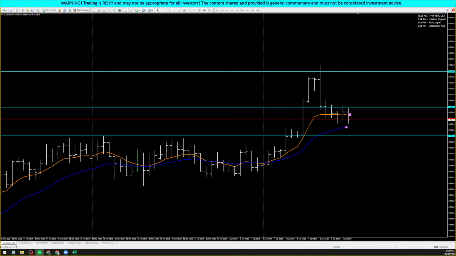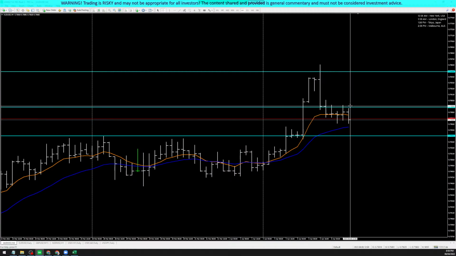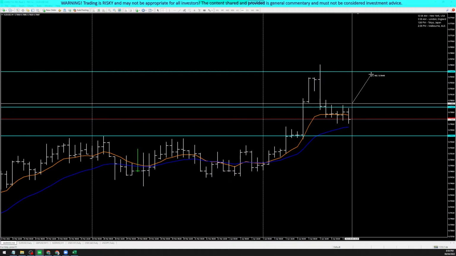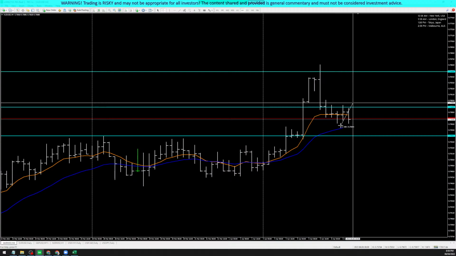If the price goes up, since orange is above the blue still, we still have a little room here for buying as well. Right, again, we're looking for a short-term trade. So anong ibig sabihin nun? The price goes up right there. We can possibly go for a 40 pipper, risking a 40 pipper as well.